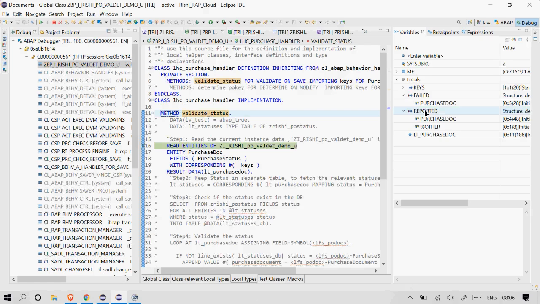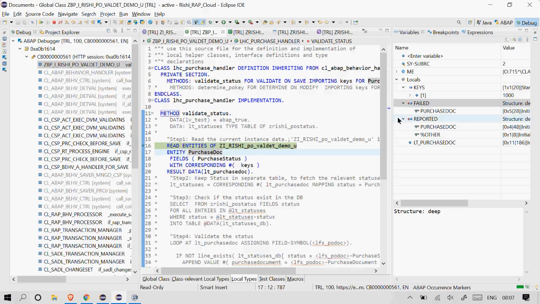So you have to append the data, whatever is required, to this reported. Failed is the one which holds which instance you are working on, which instance has failed. Reported is a place where you provide the message data, like what is the exact text that you would like to show. Okay, so you will see this. Here you can see why we are reading this entity here. If I look at the keys here,